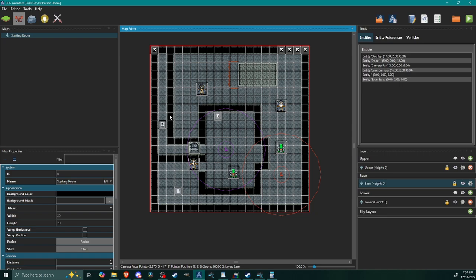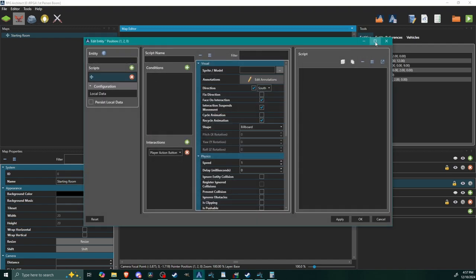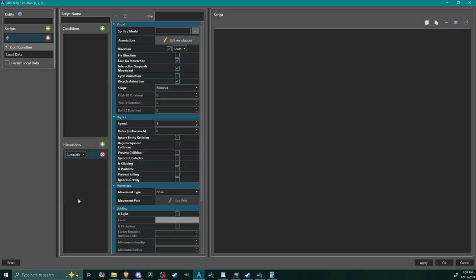Okay, so I'm gonna go ahead and do one more thing. If you've played games before, I've been playing Skyrim a lot recently. And one thing as part of Skyrim is that your magic and your stamina replenish automatically. So let's go ahead and set that up here for us. So I'm going to create a new entity. I'm going to set it to automatic. And let's call this entity magic